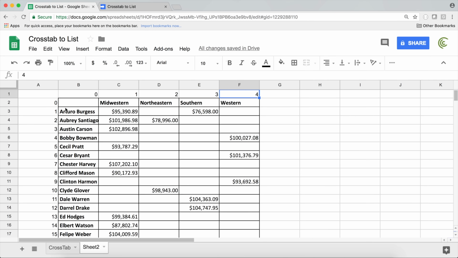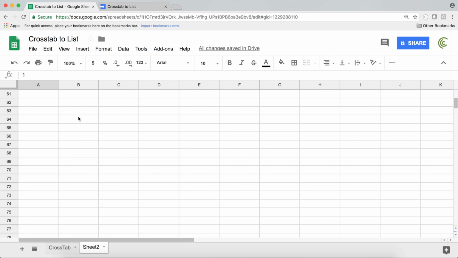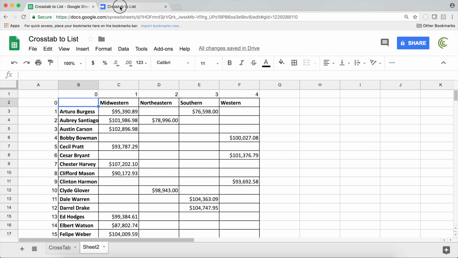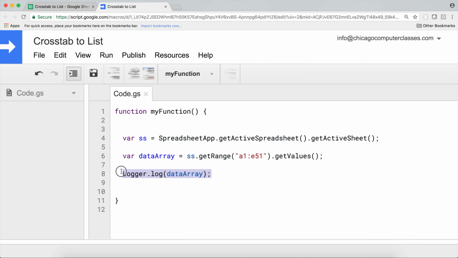Now what I need to do is loop through this range array. But I need to start looping from here, because the first thing I need to get is this row. I don't want to do it for here. I'm going to start from this one. So I want to loop from here, which is the first name of the first sales rep, which is the number 1 index. And then I'm going to scroll all the way down, which is all the way until the 50th. So if I go here and just do a for loop,